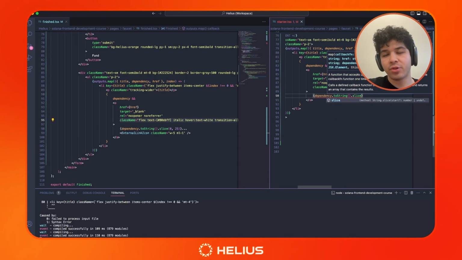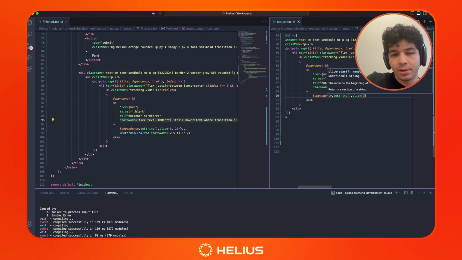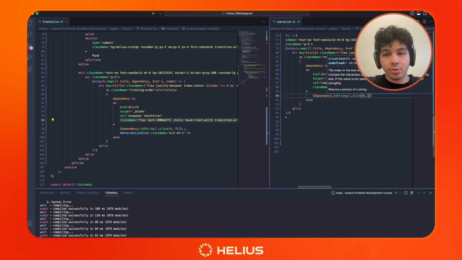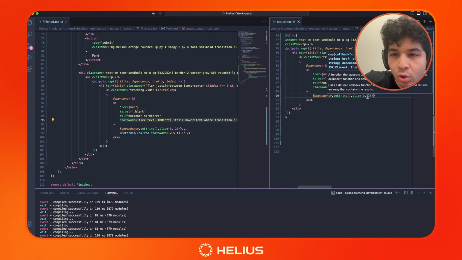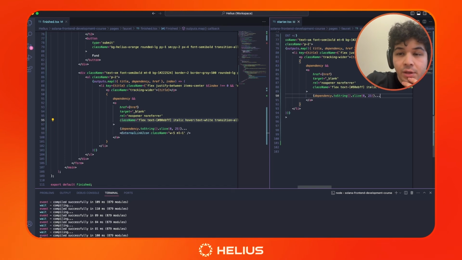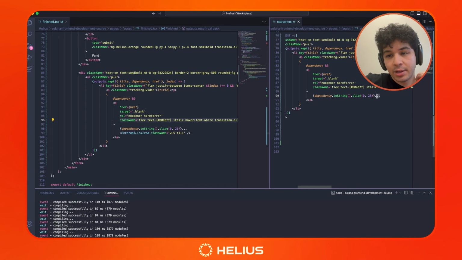And then we don't want to render all of it because it's a long string. It's about 32 bytes or 32 letters. So we're going to slice that. We're going to make it a little bit shorter. We're going to slice it to 25 letters, and then we're just going to put some ellipses,